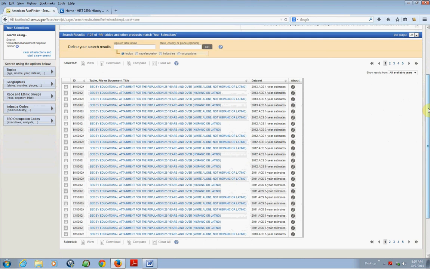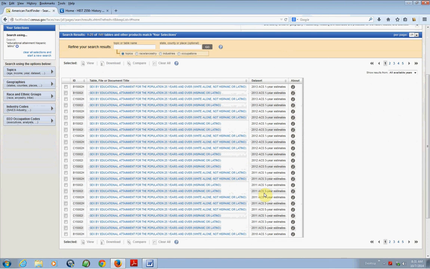Now there's a few important things to note about this results list. First of all, the tables containing this measure group the data by sex. So to get the combined number and percentage for male and female, we'll have to do a little bit of calculation. Another thing to note is that on the right hand side of the result list there's a column, and what we can see here is the source for each survey, and all of them are drawn from different American Community Survey estimates. If we want the educational attainment data we collect for the Latino population to be the most comparable to what we already have for the total population, we should use the same survey, which in this case was the